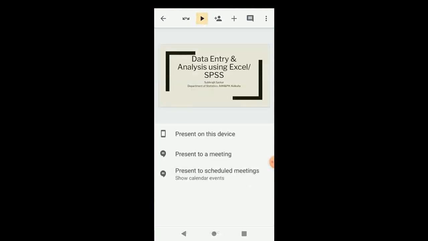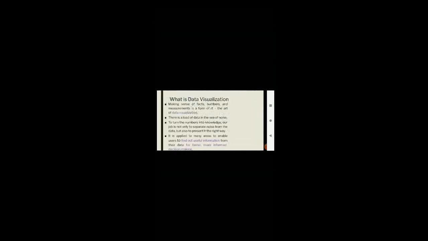Now if we start my presentation, let us see, present on the same device. Let us see with the animation at work. So tap on the screen. Here animation is working, though not the full animation, but some part of it is working. But I did not get that blank screen option here or annotating option here.